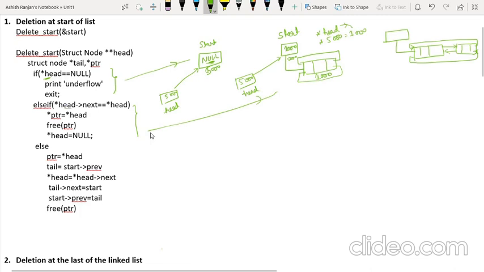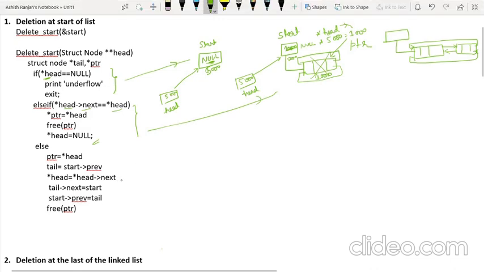So if the first block's next address is first block itself, so what will happen here? So it indicates that it is a single node. Okay. So if this case executes, in that case we'll take a variable ptr which will point to this node. We'll make it free, means we'll delete this node, and finally null will be stored here. Because when we'll delete, this list will become empty, and we have to store the null here.